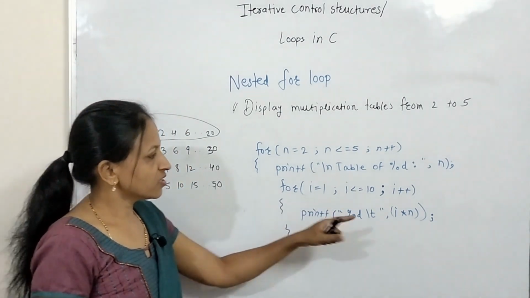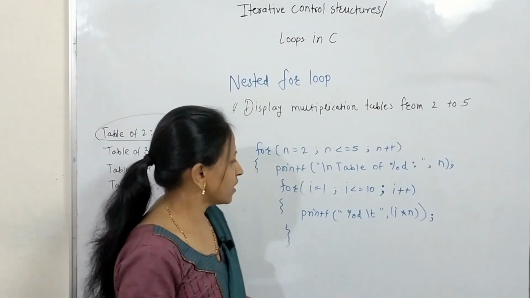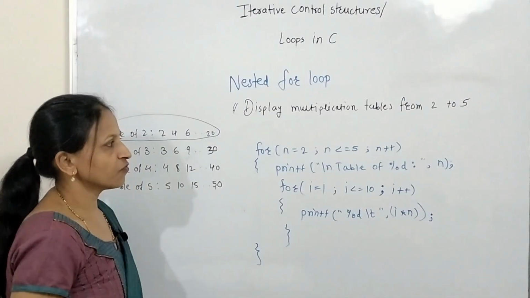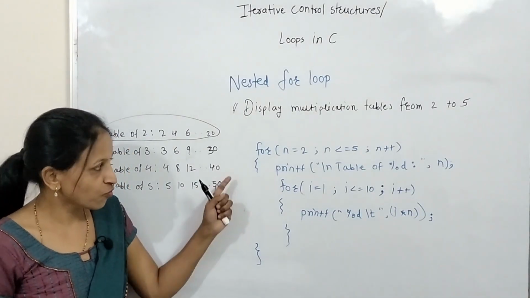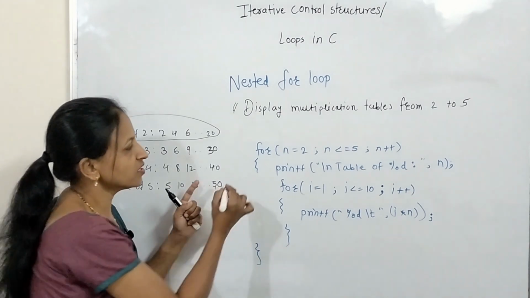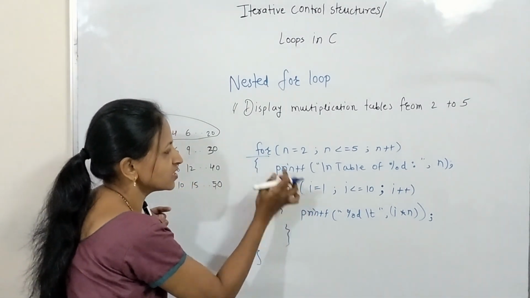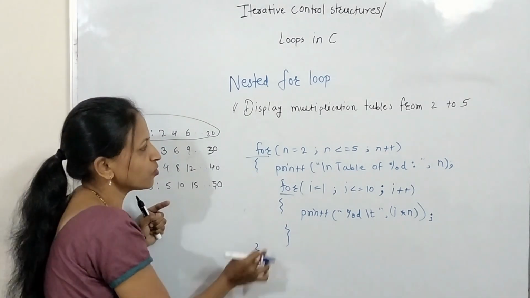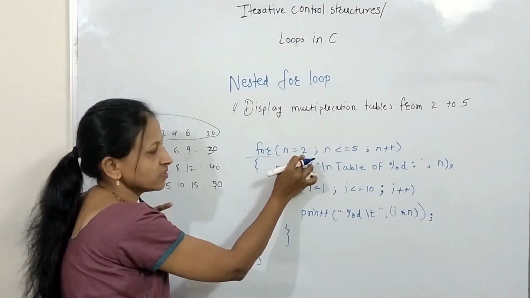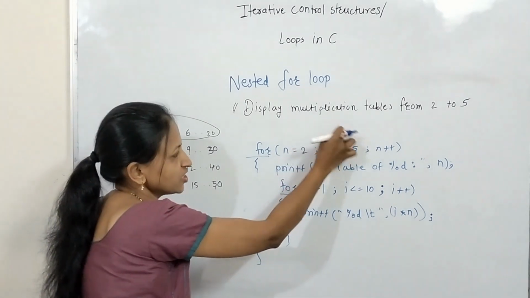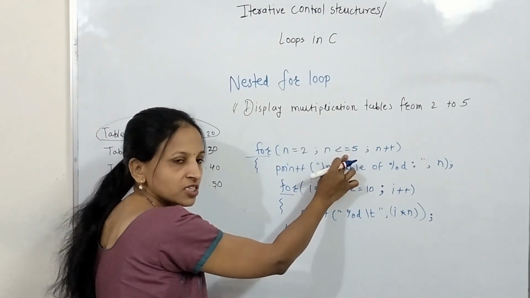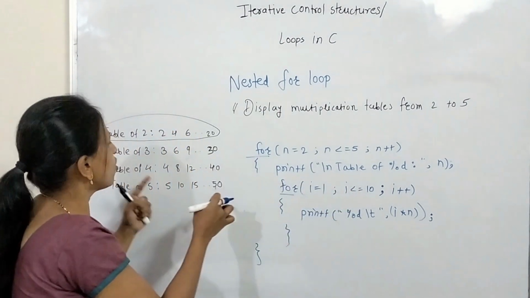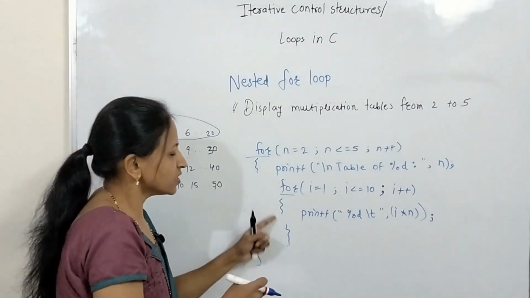Now here it will display i into n every time. In this way we can write a program or for loop, whatever, nested for. Here this for and this for is inside this outer for, this is the inner for, this is the outer for. For every value of n, means n is initially 2, it will check whether the condition is true or false. Now this condition is true, it will display like table of 2 colon, and after that this whole for loop